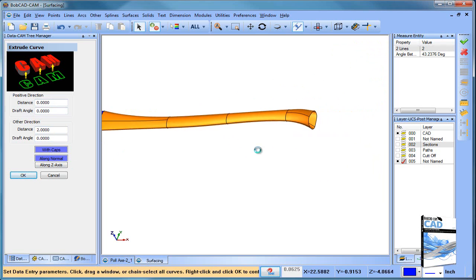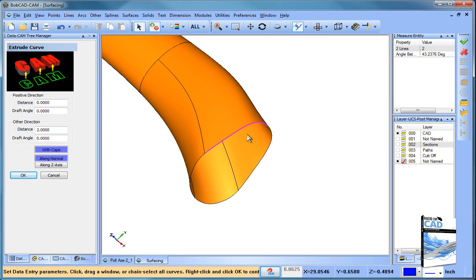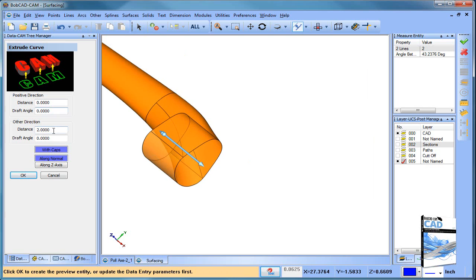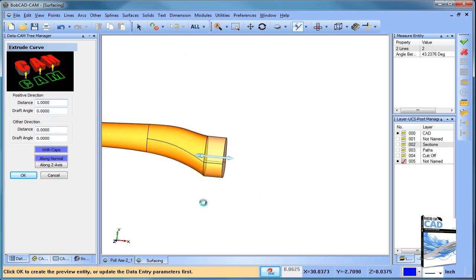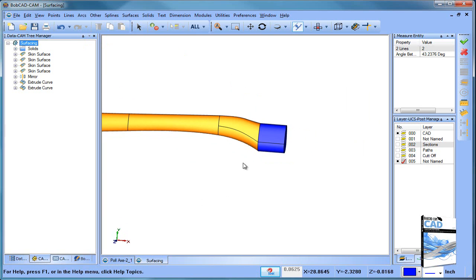And then now I want to do the same thing on this section down here. So I'll pick on this edge, and this edge, and this edge, and this edge, and spacebar. This one's going to go the other way. 1 inch. We'll make it a little bit longer. Okay, we'll make it 2 inches. Okay, good. Now, what I have here